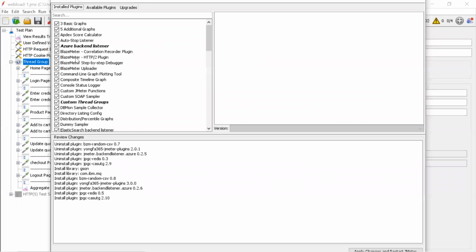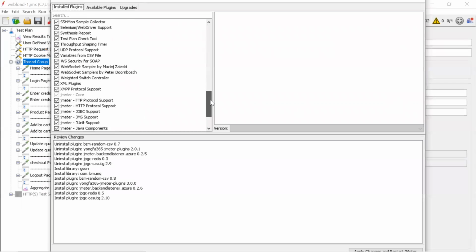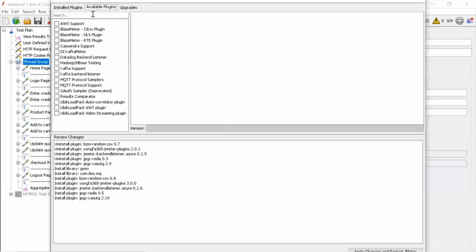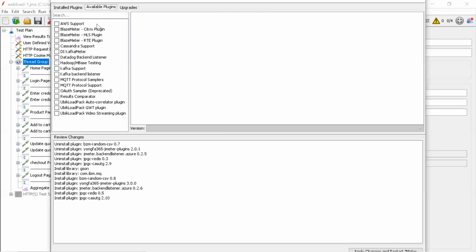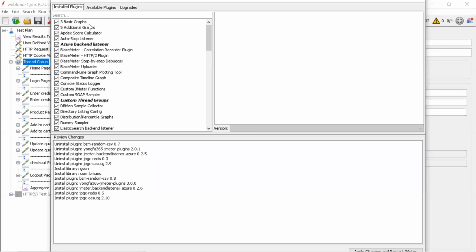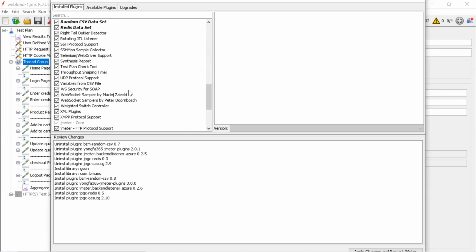And here you can select installed, right? I can see everything here. But for you now, you can see under available. And whatever you select is based on your usage, right? Better to select everything and install. You don't know one requirement, otherwise again you have to search and again you have to install. So I would suggest at least the core things like graphs and basic things which you are aware of. Try to install them.